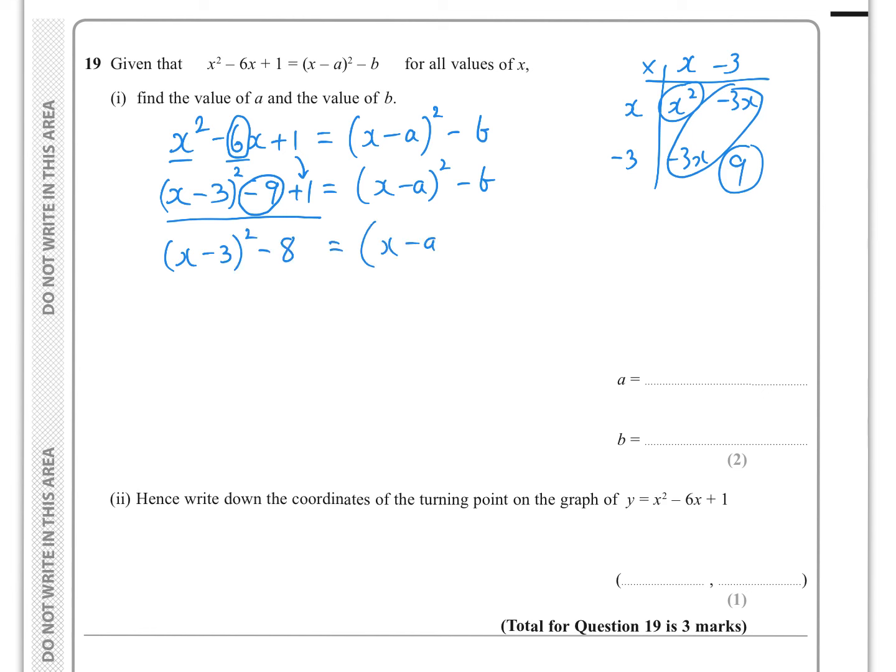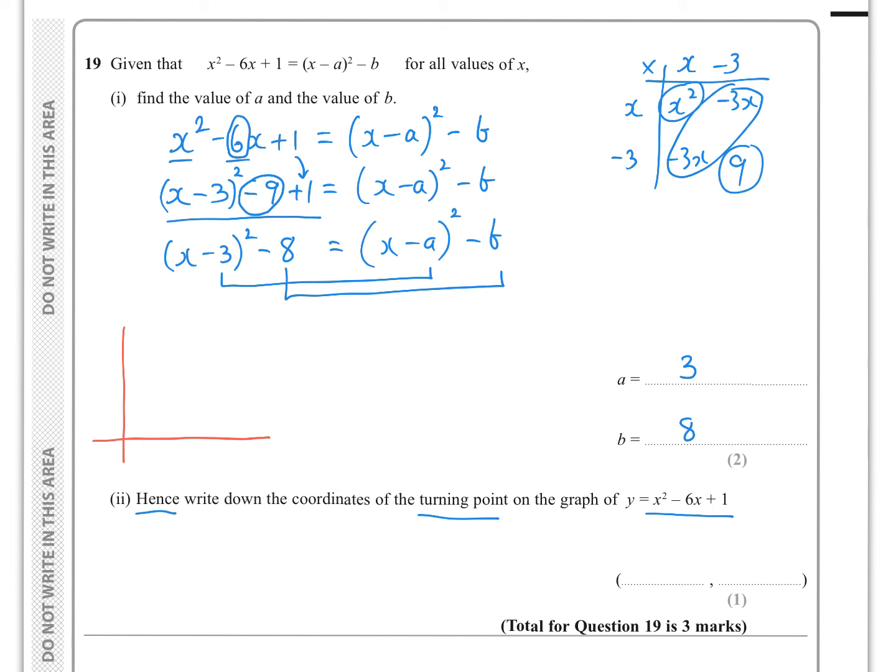So I'm now going to look carefully at the left and the right hand side, and I can see here that a is 3 by comparing, and I can see that b is 8. Now it says, hence, write down the coordinates of the turning point on the graph of x squared minus 6x plus 1. And again, if you think about this, when you've got graph transformations, if you look at y equals x squared minus 6x plus 1, and you were to plot it,